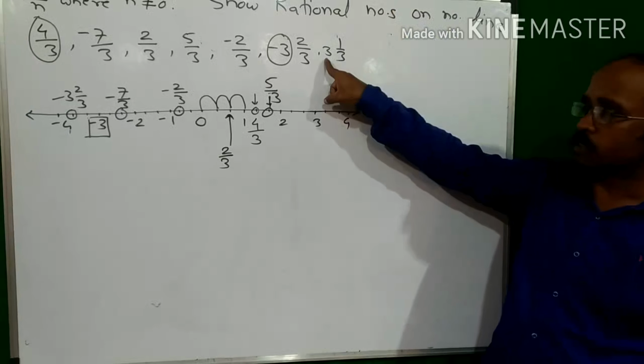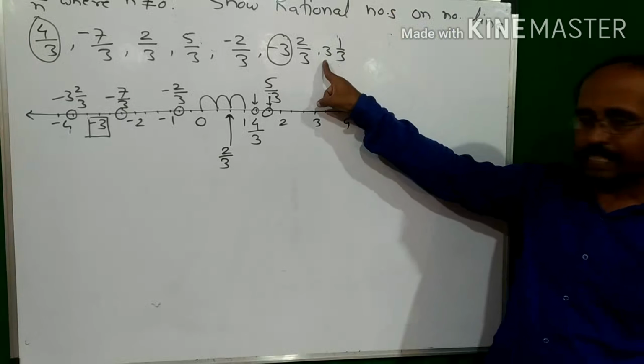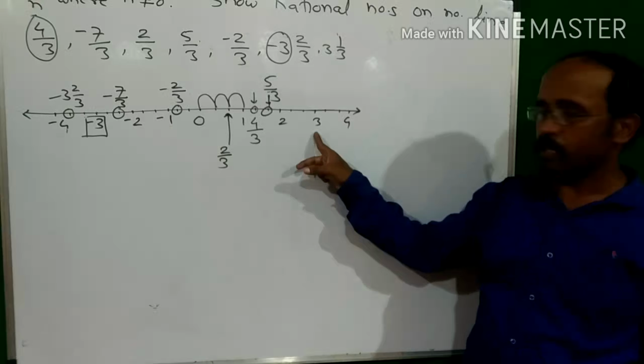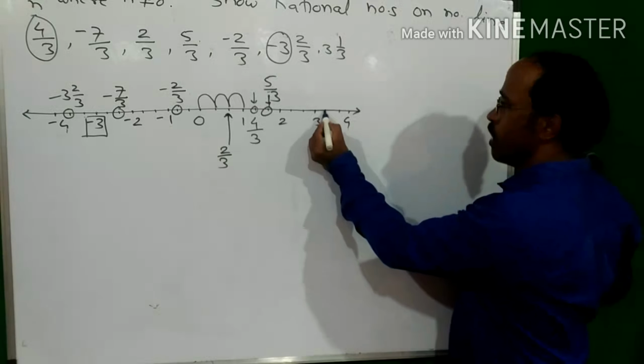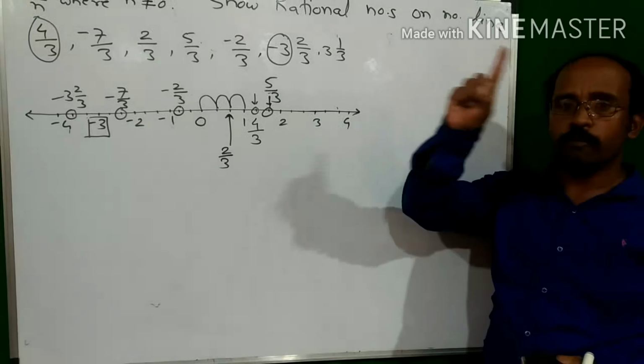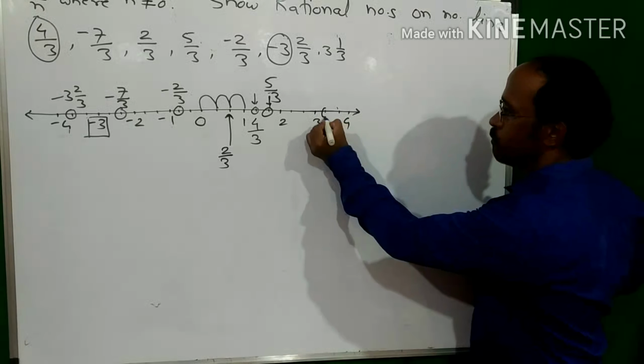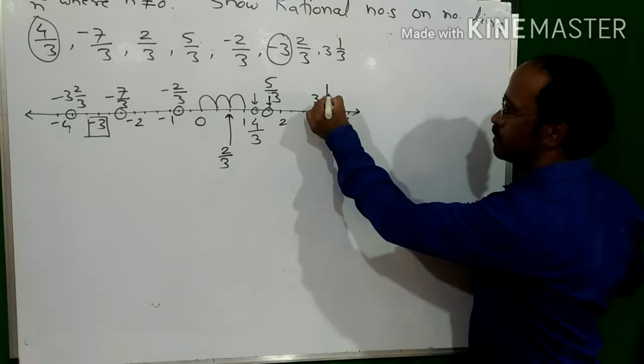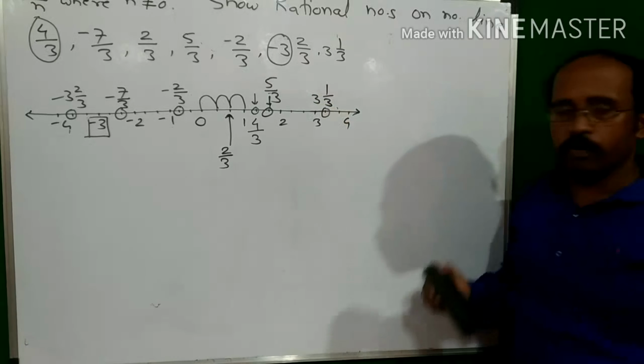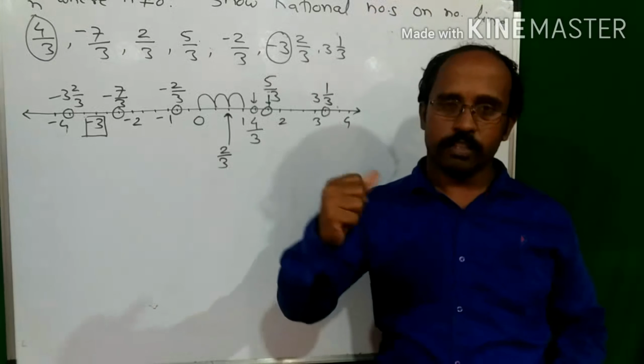So let's first search for this whole number 3. Where is whole number 3? Here. After these 3, there are 3 partitions. 1, 2, 3. Which we have to show first. So this is the first partition and it is our answer. 3 completed 1 upon 3. Okay. This is the first method.